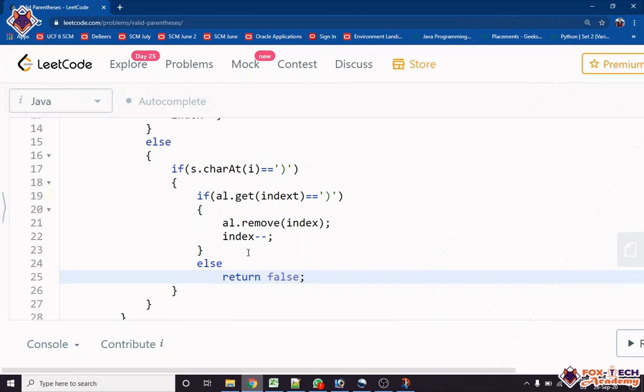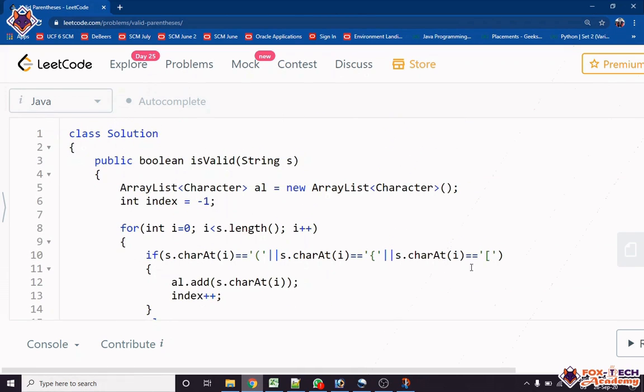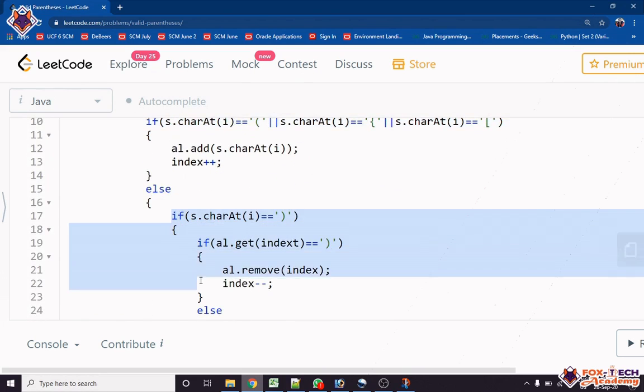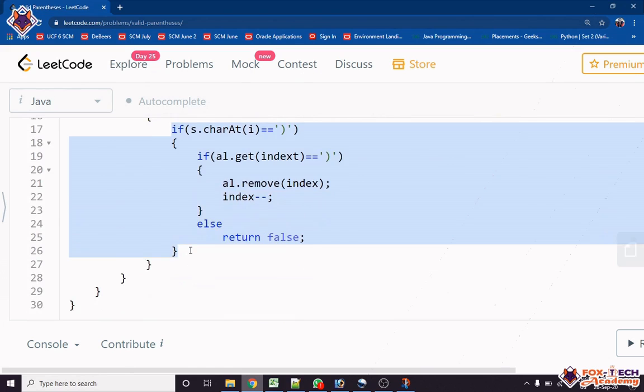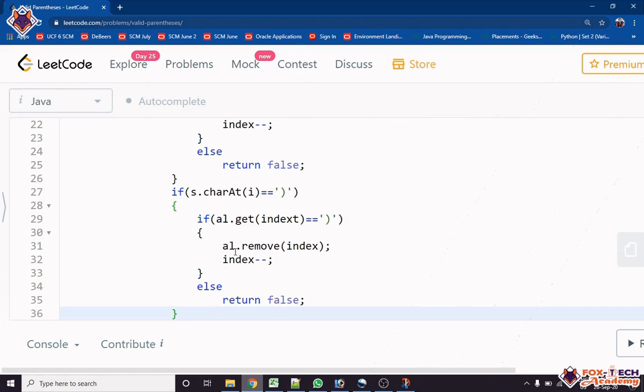So in this case I have checked for the close parenthesis; we have to check for the close square bracket and close curly brace also. So the same thing we will do, so we have to paste it here.